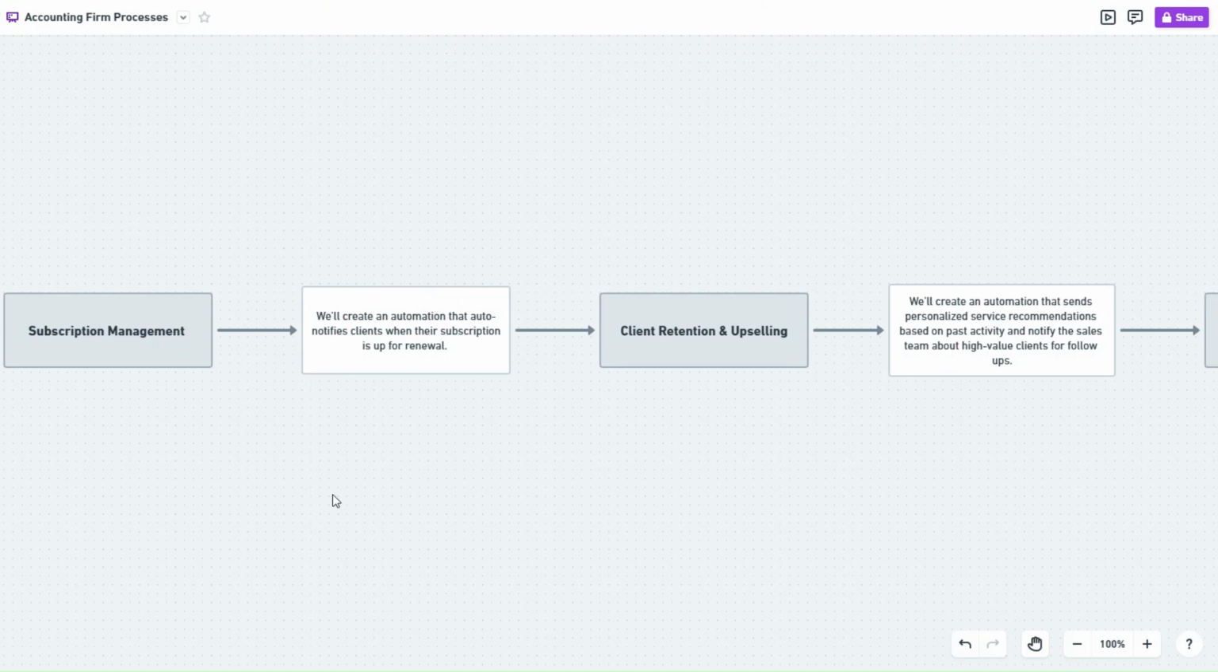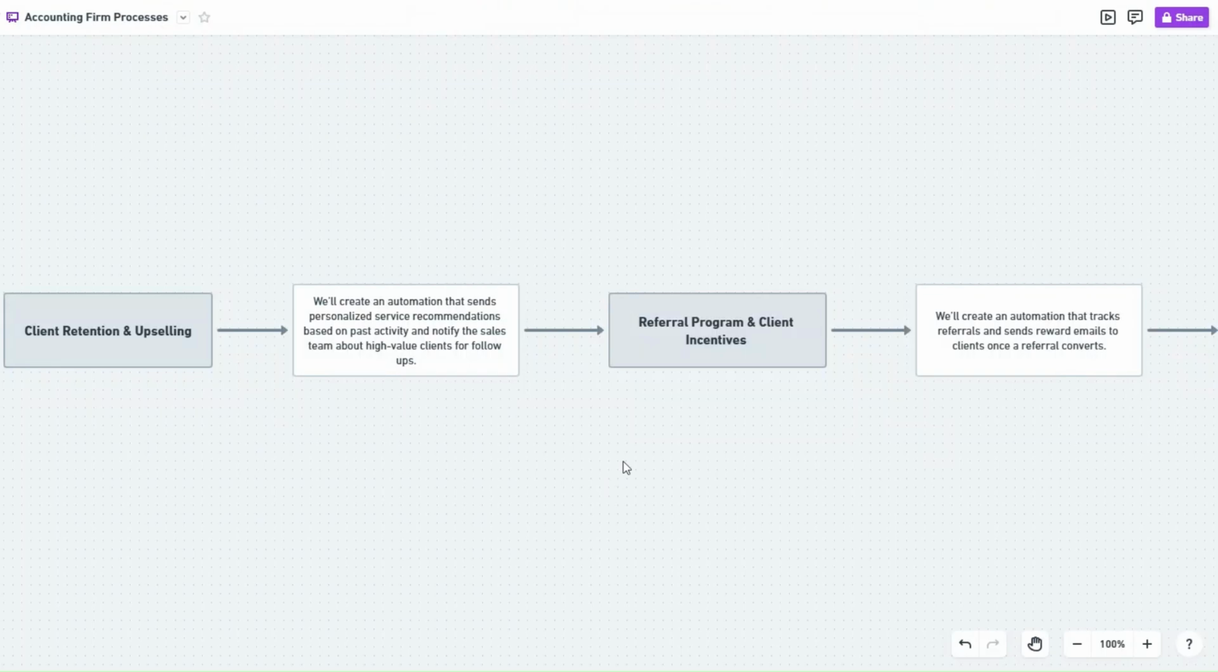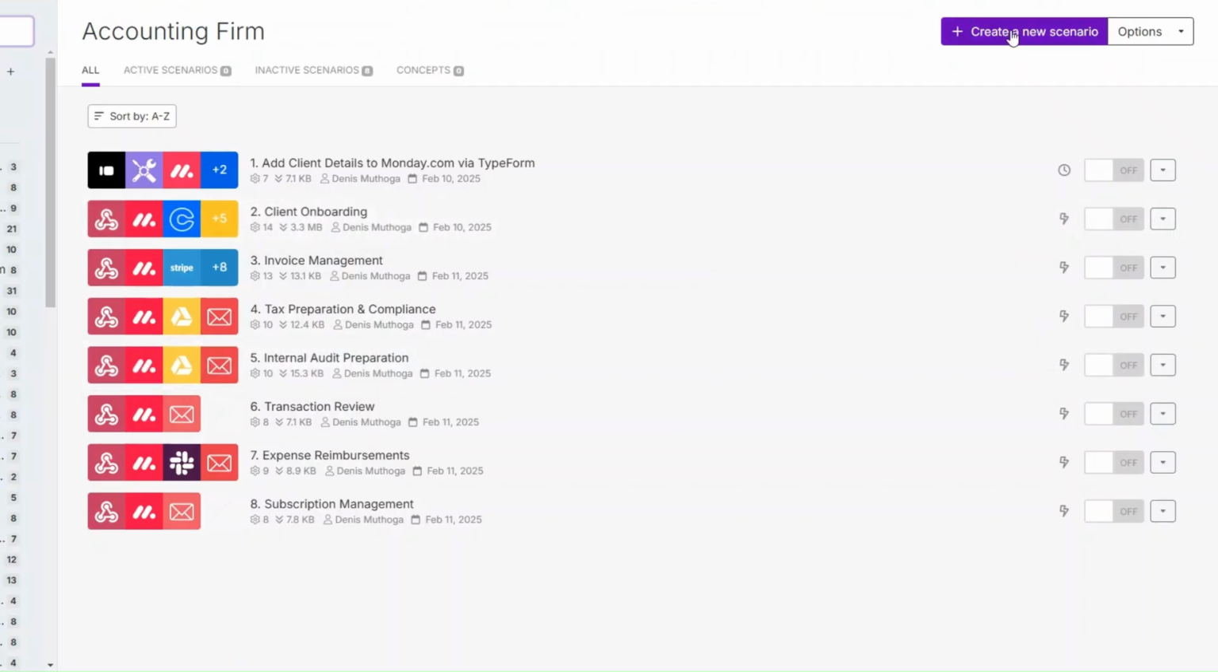The next process that we're going to automate in this video is the client retention and upselling process, where we'll create an automation that sends personalized service recommendations based on past activity to our client. We'll also notify the sales teams about the high-valued client for follow-ups. To automate the client retention and upselling process, on our accounting firm folder, I'll click on